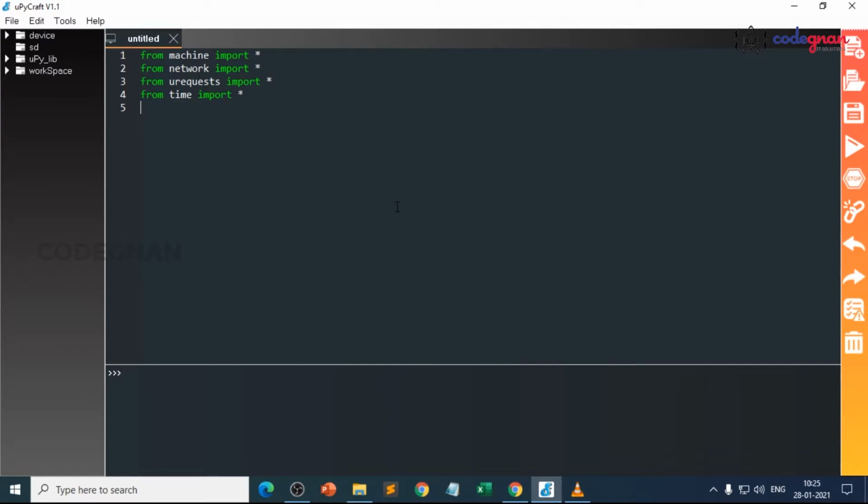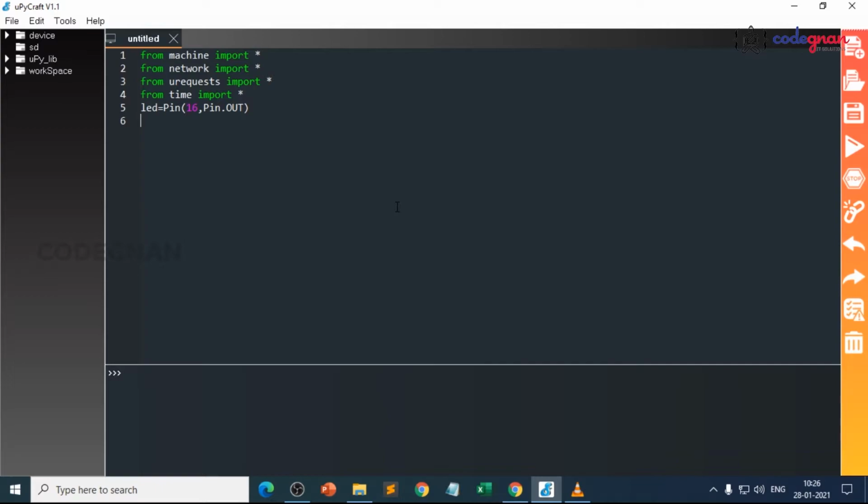Next, declaration of pin. Here we are going to control our LED with Google Assistant. So we can write LED equals Pin of 16 comma Pin dot OUT, and we need to have SSID and password for the Wi-Fi connection.